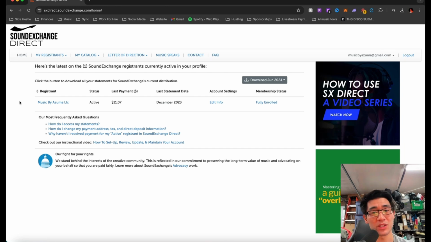The system has pretty much stayed exactly the same. So as long as you're registering your music, you're good to go. The money does take a while to hit your account for SoundExchange, but it's worth it. Register your music. It's your money at the end of the day, so make sure you can